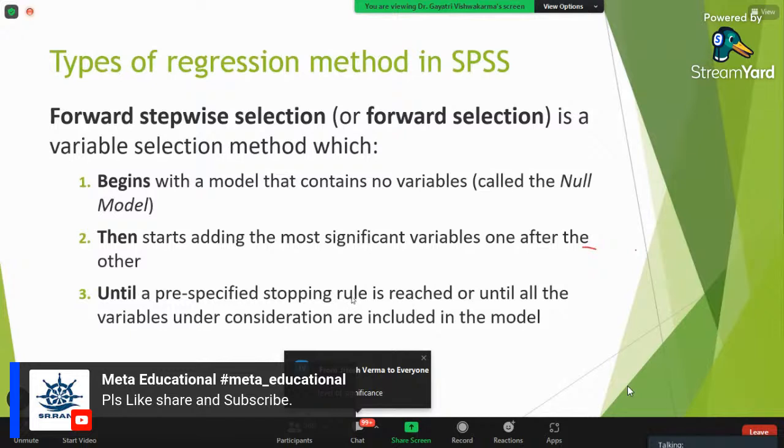Yes, correctly. We can define the stopping rule because in some areas, like metabolic studies with some biomarkers, in some cases we cannot reach this 0.05. So we can define it as 0.20. We are saying we will consider it significant if something is reached at the 20% significance level, then you just include that in the model and see. So you can define the stopping rule in the software. That is also available.